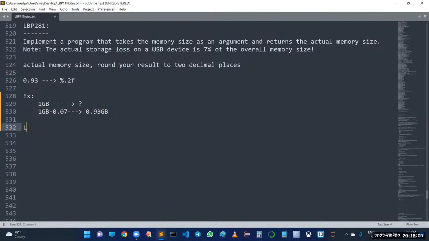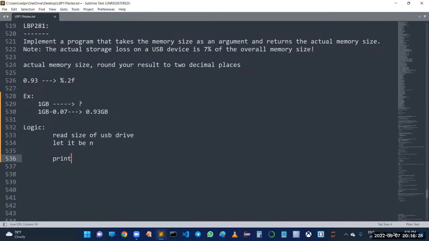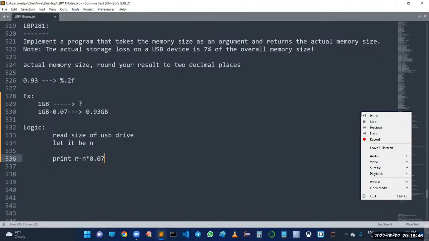This is nothing but the output they are expecting. What is the logic for this program? Sir, first we have to read the size of the USB drive. Let it be n. Sir, we have to print n minus the loss. We need to take a 0.07 loss in that particular total memory. That's why n into 0.07 is nothing but the loss. So n means 1 GB, 1 GB minus